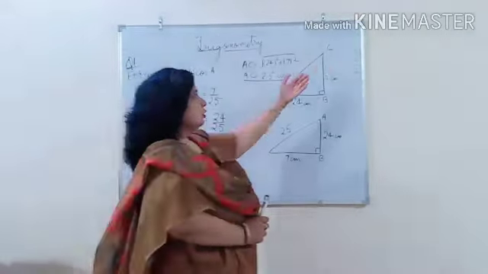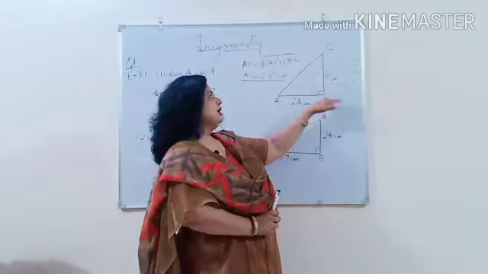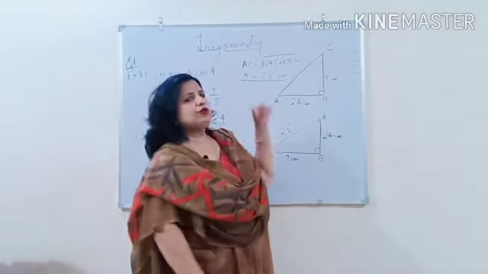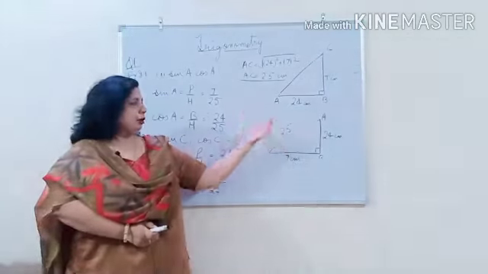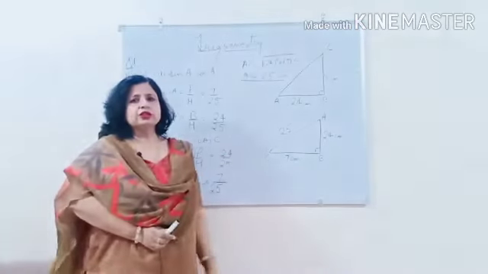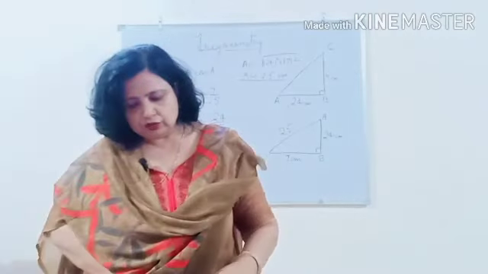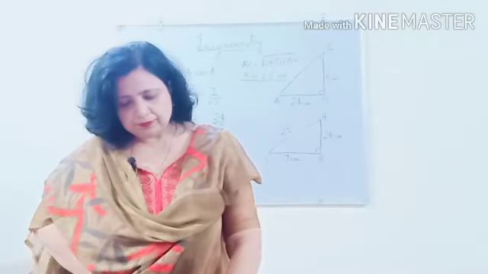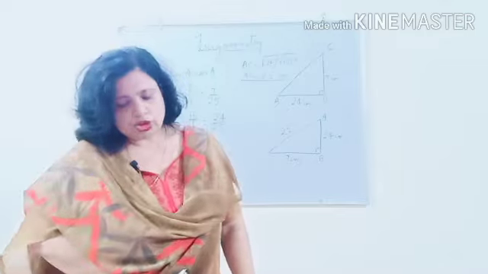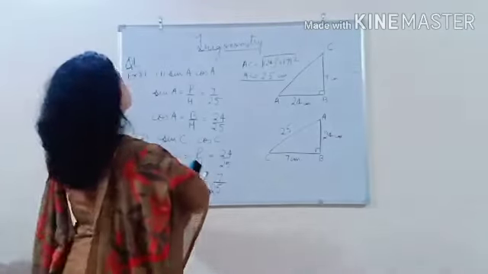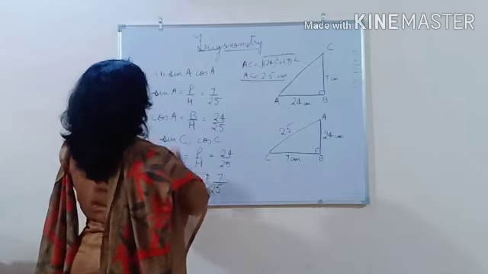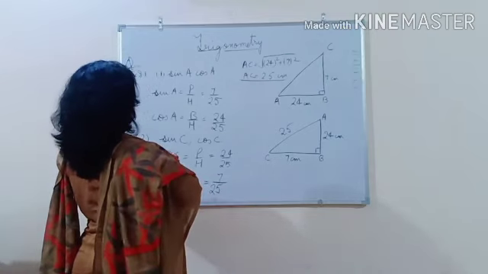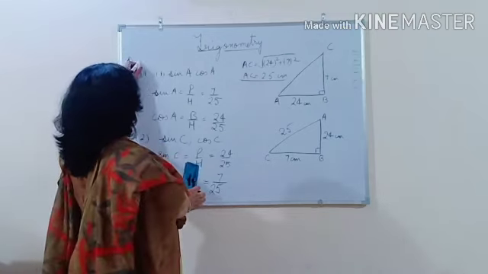If you can look at the figure from this side, this will be your base and this will be your altitude, and then you can find the trigonometric ratios. In that case, don't draw the other figure. But to make it simple, I have drawn the other figure. Now let us take one more question from this exercise. Question number 4, question 4 of exercise 8.1.